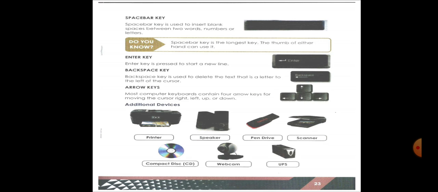In each keyboard, children, you can see 4 arrow keys will be present. So it will be helping you to take your cursor in the upward direction. If you press the upper direction arrow, it will take your cursor in the upper line. Down arrow key if you press, it will take your cursor to the down line. So if you want to go to the left side, you have to press the left arrow key, which will help you to take your cursor 1 character before, and the right arrow key will help you to move forward by 1 character.